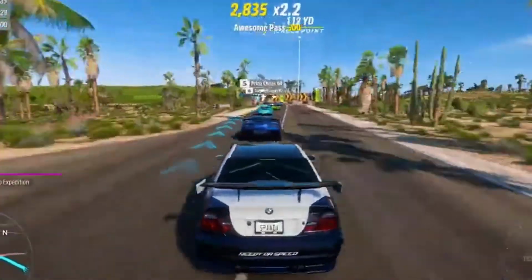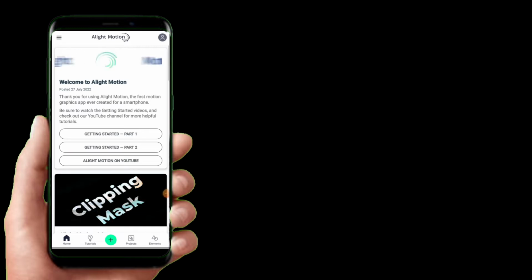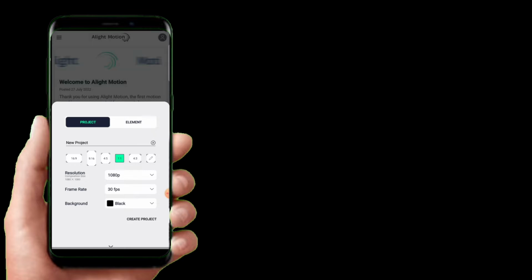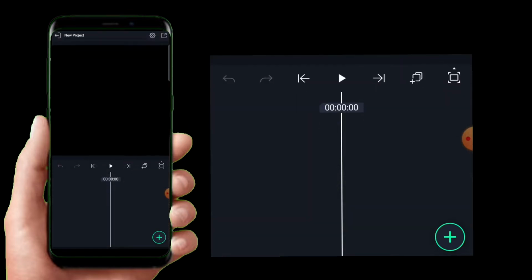Here we go. At first we have to download or install Alight Motion. After it, open Alight Motion and go to the green plus icon and open the project. After opening the project, you can choose one by one, or as you like, your choice. And I have chosen the one by one project and opened it, and go on the plus icon and make